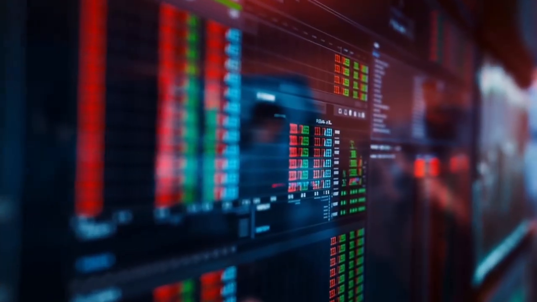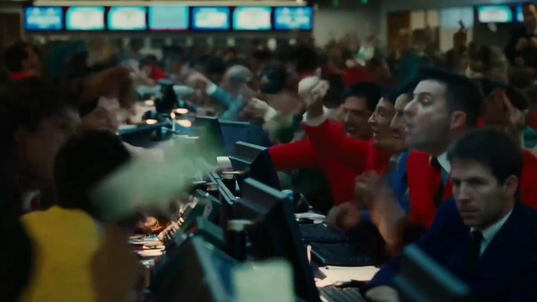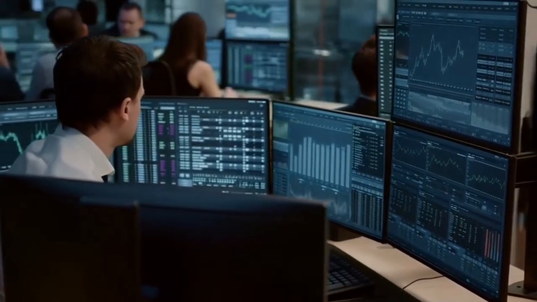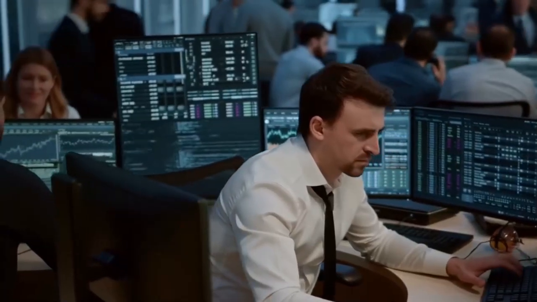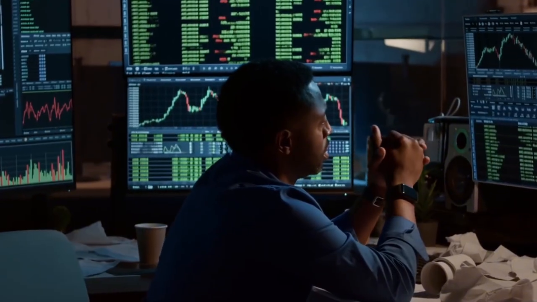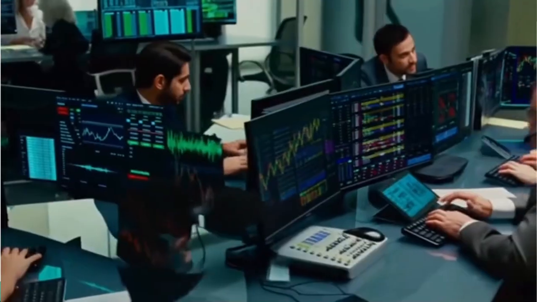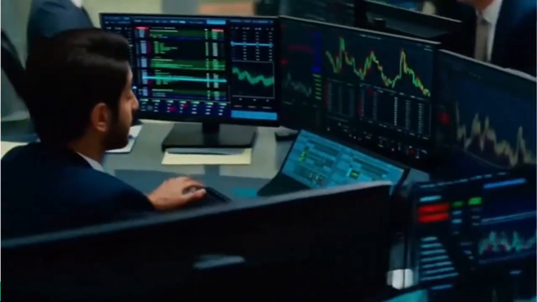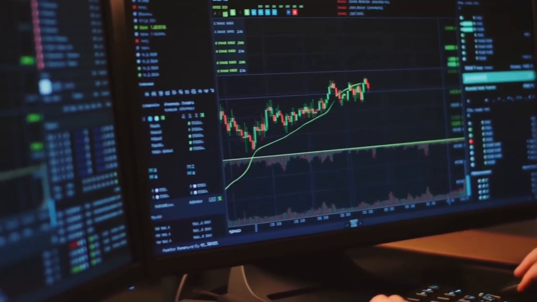Now when we talk about institutional liquidity, I need you to understand that institutional traders do not trade randomly throughout the day. They execute around session opens, session overlaps, or high volume windows. That is where they operate and execute. Why do they do this? Because that is where liquidity exists. Without liquidity, large orders cannot be filled efficiently.